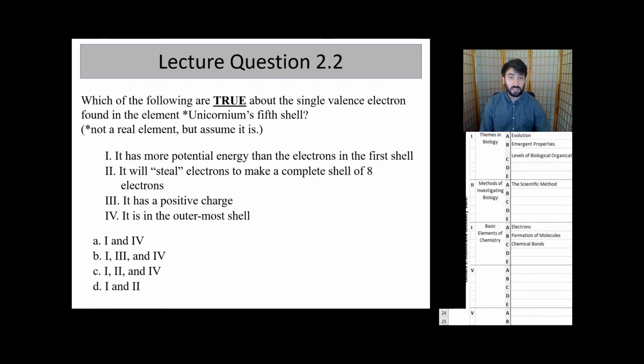Will it steal electrons to make a complete shell of 8? Does it have a positive charge? And is it in the outermost shell? So you need to identify which of these are true and then select the correct answer from the bottom here. So figure that out before you get to lecture